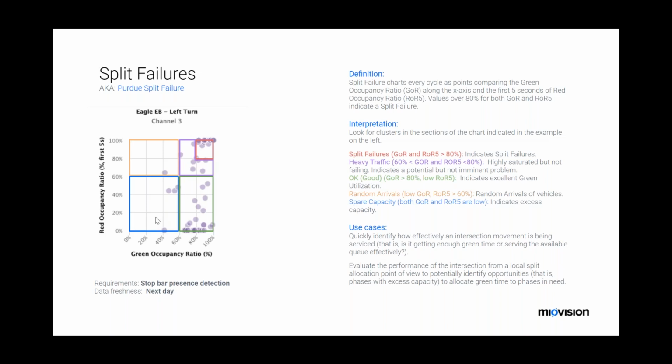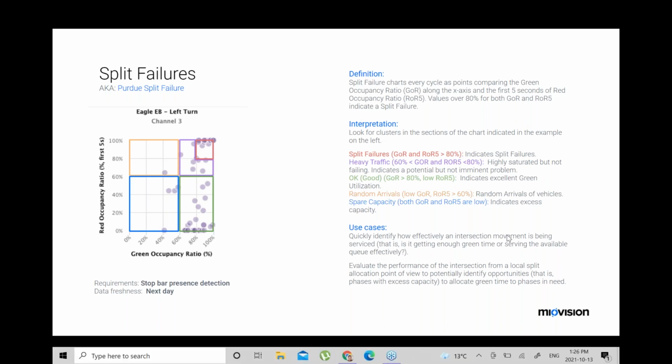Blue means spare capacity. If we look at the green one, the bottom right side, this is when the zone's occupancy is high during the green phase, but when the light turns red, there are very few cars left over, meaning you're adequately serving the demand at the intersection. When you do that, that means it was a successful use of the phase.